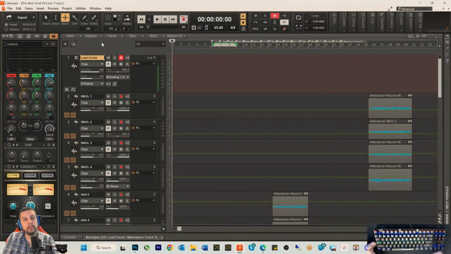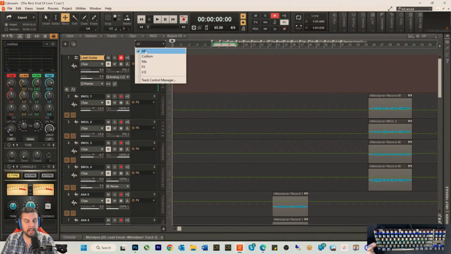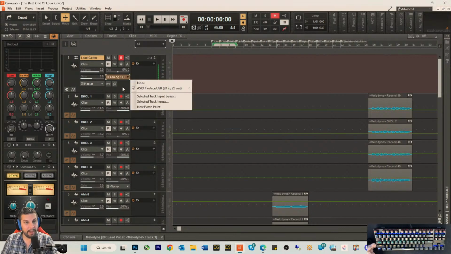So every time you create a new project, you have to come up into this all, and you have to click on this. You have to come up to this little box here and click the drop down and select all, and suddenly it's like, oh, I can now add an input into my track. I can actually funnel some kind of sound or synth or mic or guitar or harmonica or whatever you're trying to record. You can actually select the input. So now